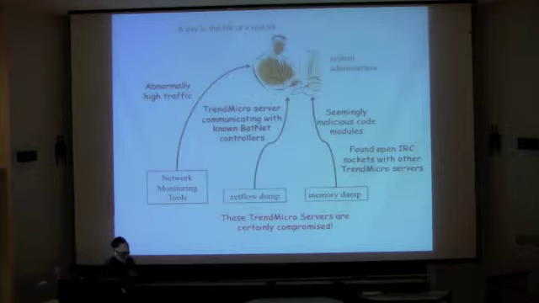Likewise, if you only see an IRC socket in that machine, what would that mean? Well, that could be a range of things. It could mean people using MSN Messenger, for example. It does not necessarily mean these IRC connections were used by a botnet. Right? But the key here is, if you put all these pieces together, what do you think? Do you think these micro servers were definitely compromised?